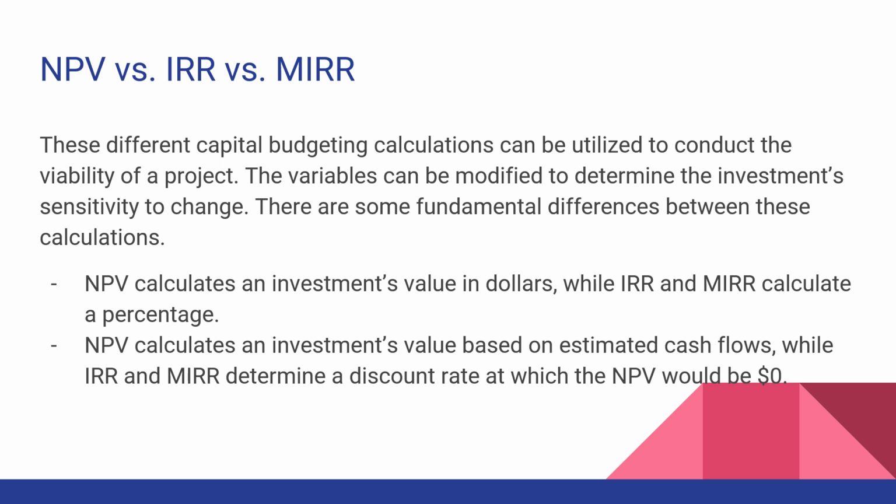IRR and MIRR calculate the discount rate needed for the project to have an NPV of $0 based on its projected cash flows. IRR will calculate the discount rate with an assumption of equal reinvestment of the profits, whereas MIRR calculates the discount rate assuming the profits are reinvested at the WACC. Therefore, the only variable that can be modified in IRR would be the cash flow, whereas MIRR can be modified by cash flows and WACC. Like MIRR, NPV can be modified with different cash flows and WACC. Therefore, modifications to these variables can help project the potential risk of a project.